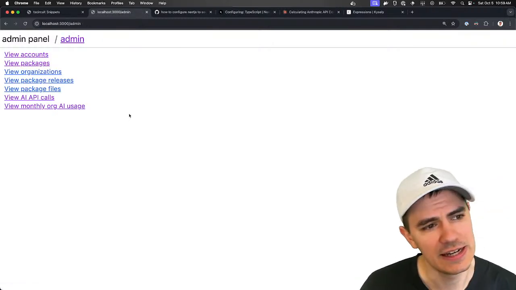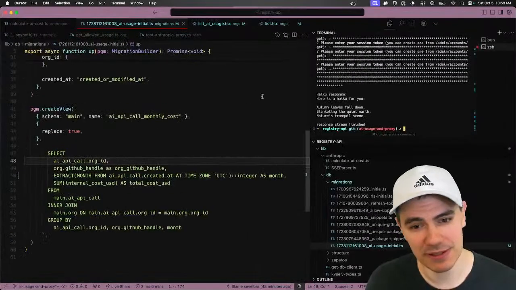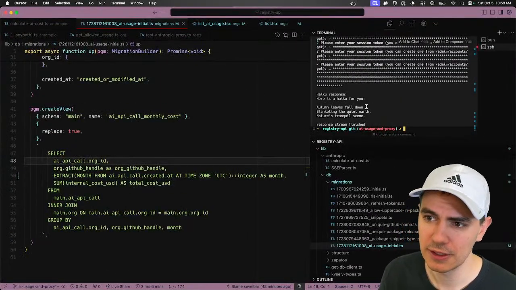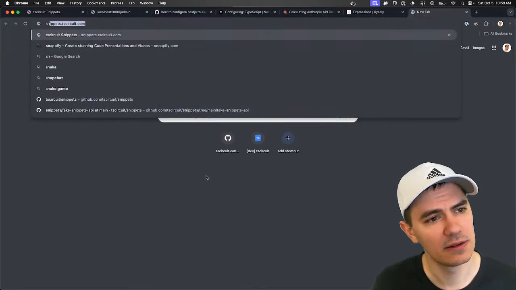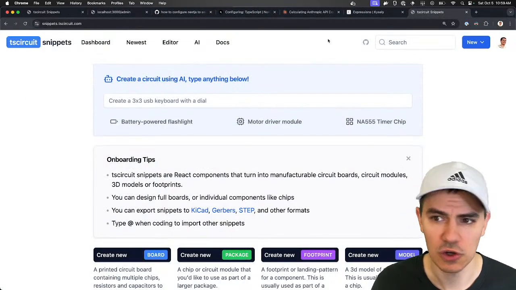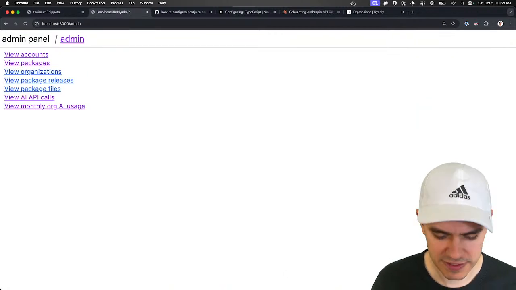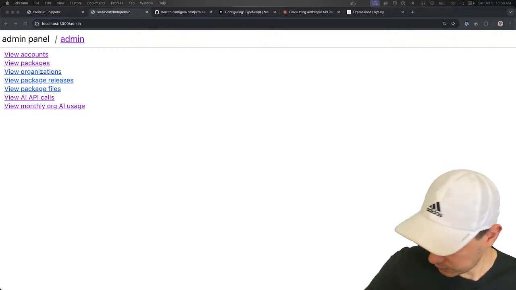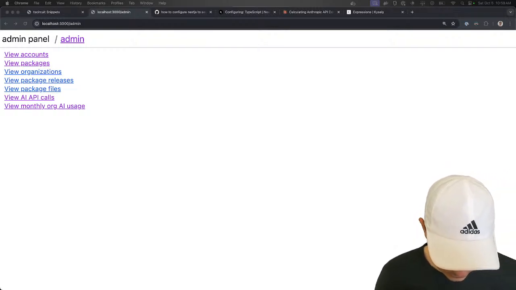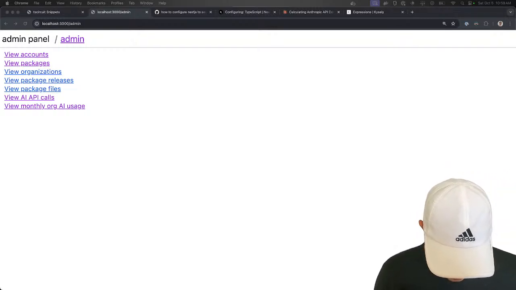The next step is to integrate it into the snippets website. So let me do a time check, and then I'll see if I can do that. And I think I got some code review requests too.